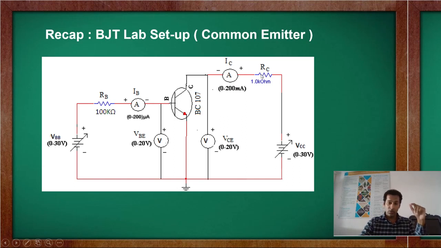We have to use Ohm's law. What is Ohm's law? V is equal to IR. Everyone must remember, even in examples we require it. So when we say V is equal to IR, the simplest Ohm's law, I is IC, right? IC and the resistance is RC. So the voltage across it will be IC RC.